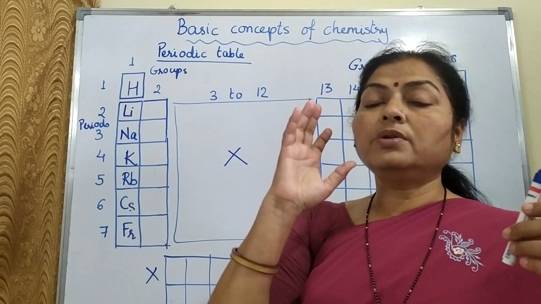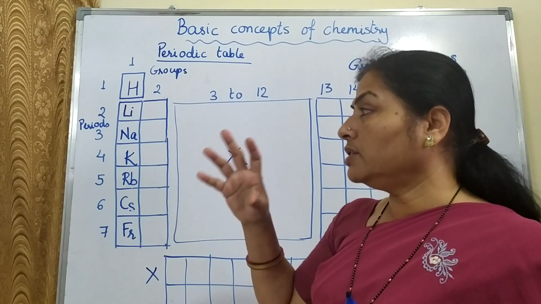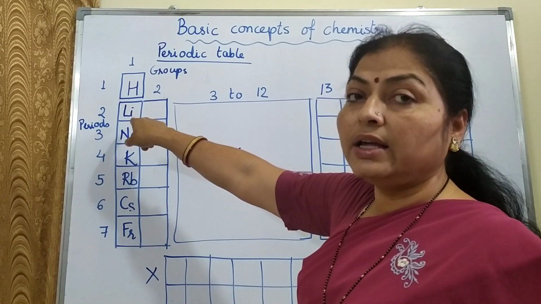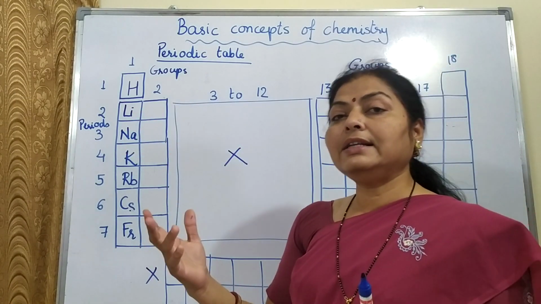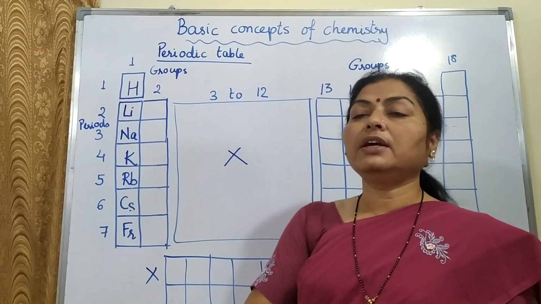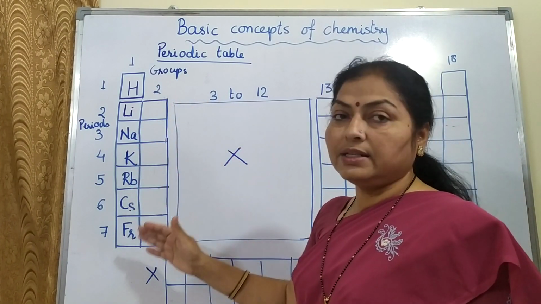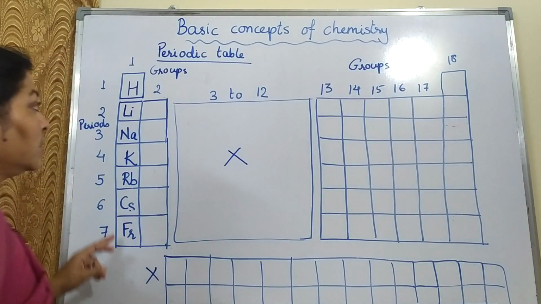Now when you remember such a sentence, thereafter you have to slowly leave that sentence and focus more on the names of the elements. Otherwise what will happen? You will nicely remember Leena ne ki rab se faryad, but you will not remember lithium, sodium, potassium, rubidium, cesium, francium. So this is the first group.